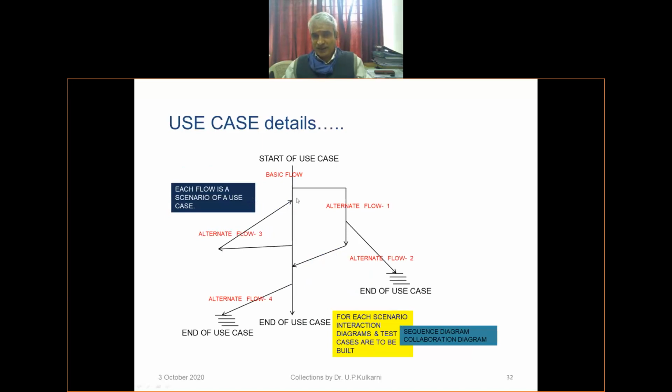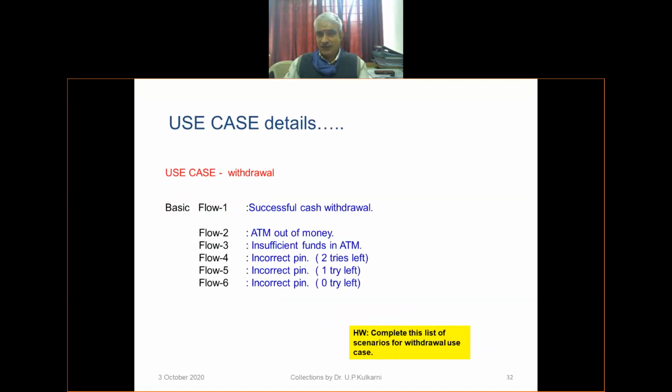Then what are all the possible failures of withdrawal of the money? Flow 1, 2: ATM out of money, insufficient funds in ATM, incorrect pin, 2 tries left, incorrect pin, 1 try left, incorrect pin, 0 tries left. All possible things you can visualize.